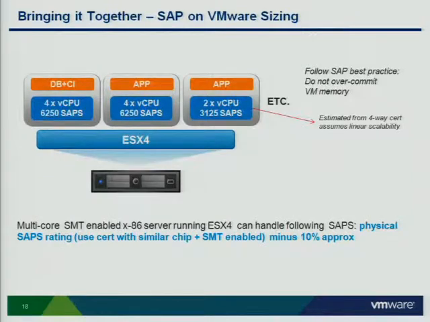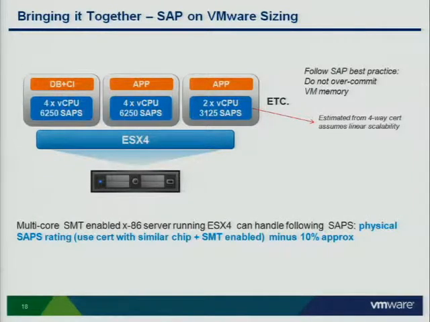So let's look at sizing. Todd covered those benchmark results. Here's a diagram showing virtual machines running SAP apps. We've got one running a database. There's an acronym there, CI. CI refers to Central Instance. It's a special kind of app server, a single point of failure, that SAP architecture needs. Then there's traditional app servers, 3-tier architecture, and somewhere out in the presentation layer there'll be